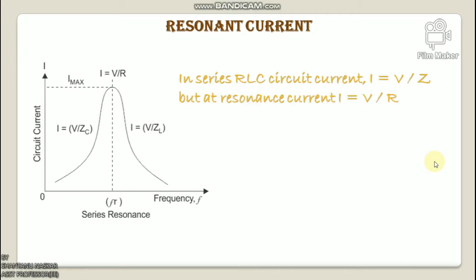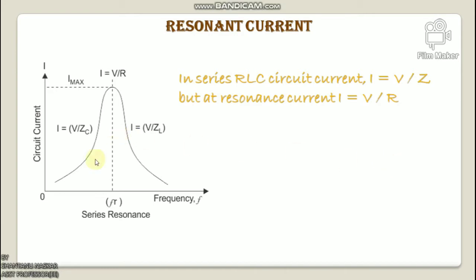So in a series resonance circuit, the voltage across the resistor equals the supply voltage V. That is, we can say V equals VR. In a series RLC circuit, current I equals V by Z, but at resonance the current I equals V by R. Therefore, the current at resonance frequency is maximum,